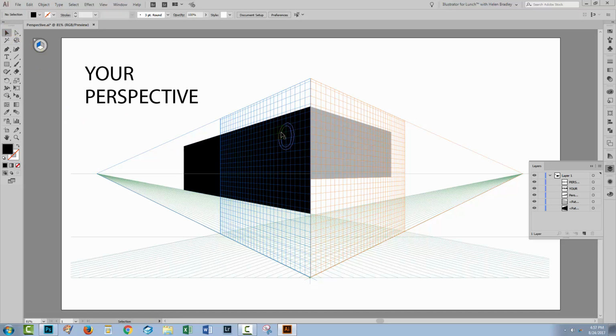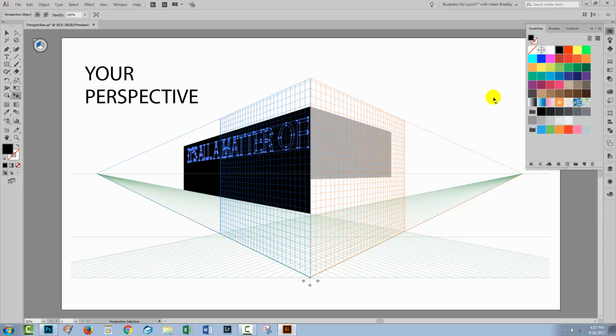Now my text is black and so too is the panel behind it. I want to change the color of my text. You might think that selecting the text with the perspective selection tool would be a good idea. Well, let's just go and select the color. Well, the white color hasn't been applied to the text because you can't edit the text using the perspective selection